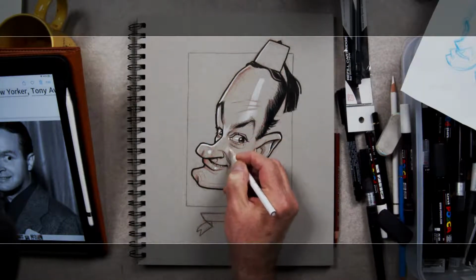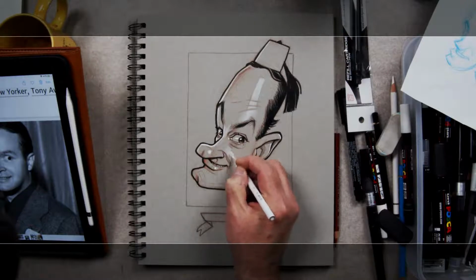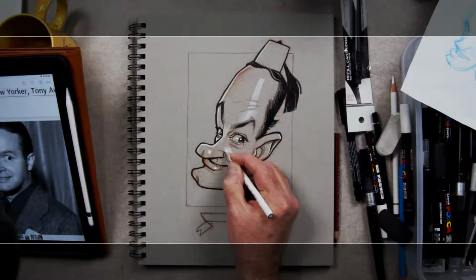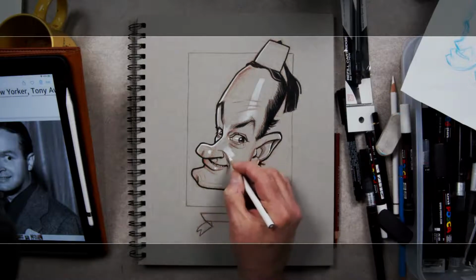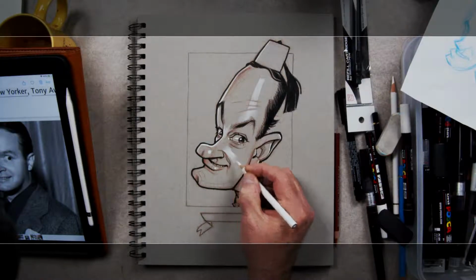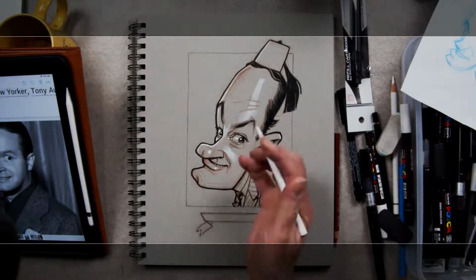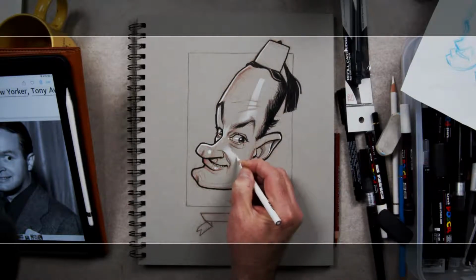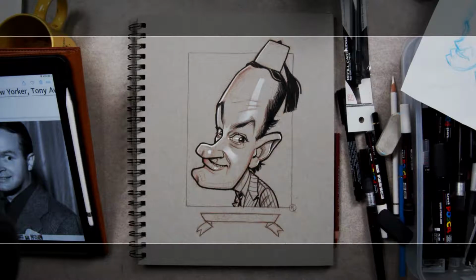When you do a caricature, I love getting ideas from people for subjects, but I never seem to run out of subjects that I find interesting. I'm fascinated by this guy. I don't know why I haven't drawn him before.